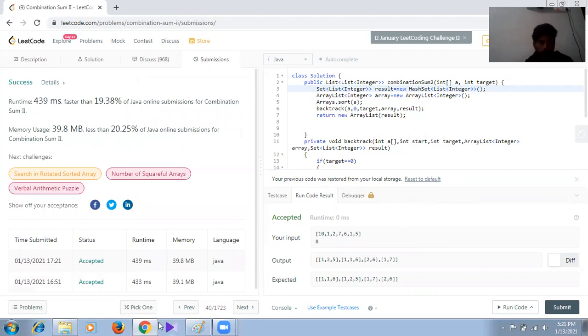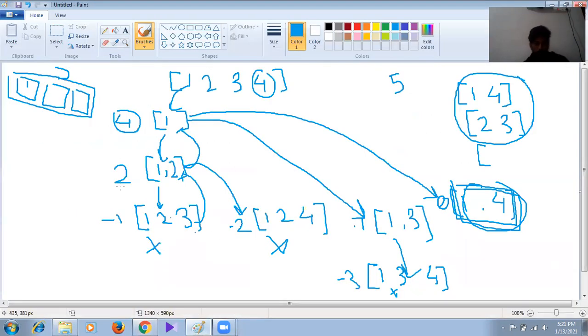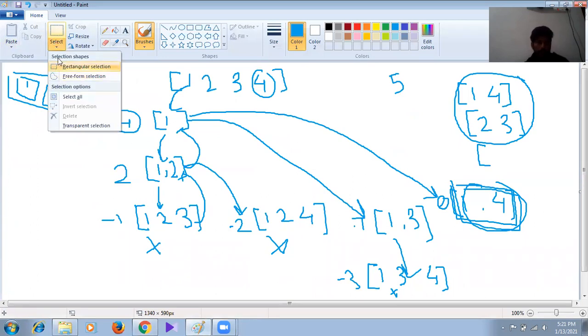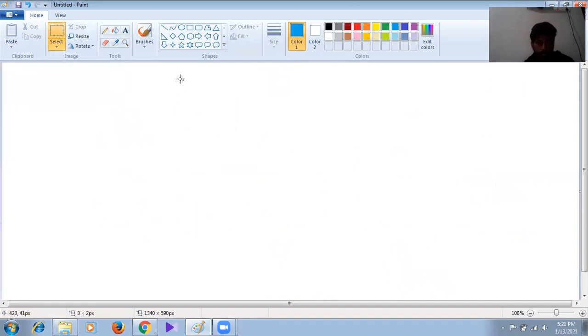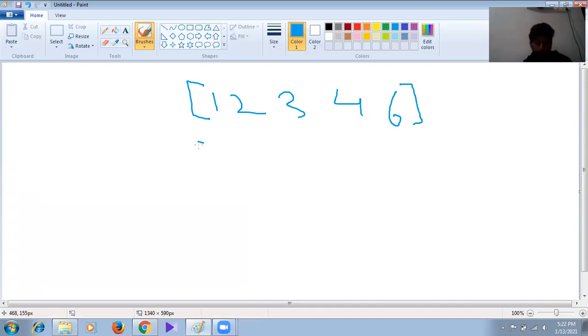Now what is the time complexity? No problem, I will tell you. Here, let that be our element. What we are doing here: we will take one element, then skip one, otherwise we will not take.